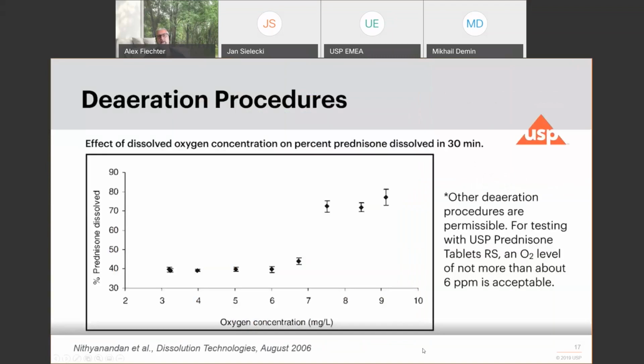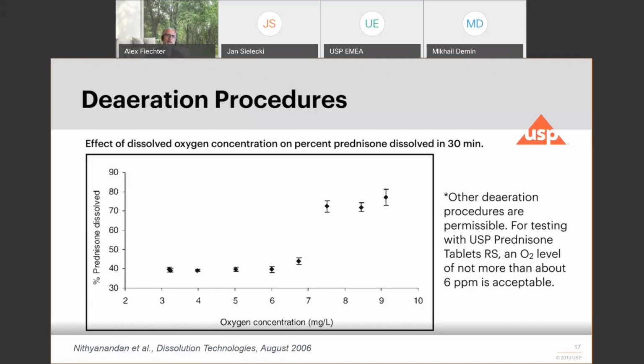There are other deaeration procedures. This one is used for the PVT, and we encourage you to do the same thing, not only because it is very efficient, but it's also very inexpensive and probably can be used anywhere. What you will achieve when you do this test, this medium degassing, is a rest oxygen concentration of about 4.5 ppm. Everything that is below 6 ppm will stay in terms of results.